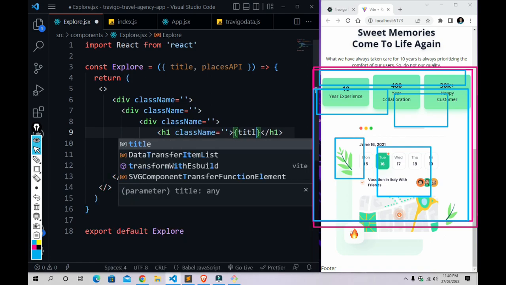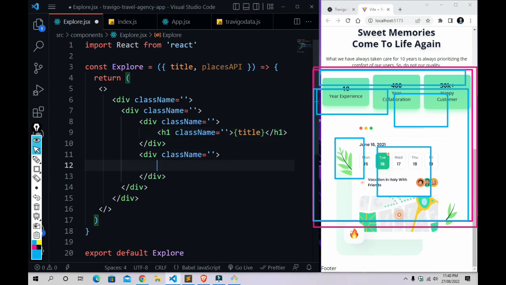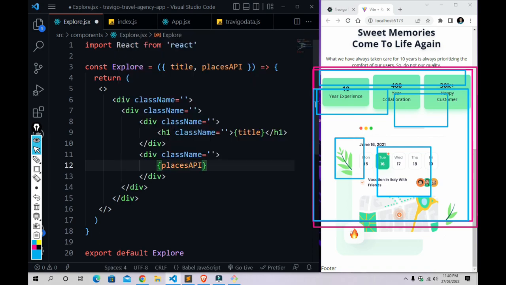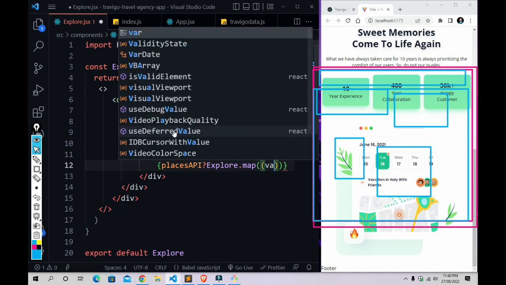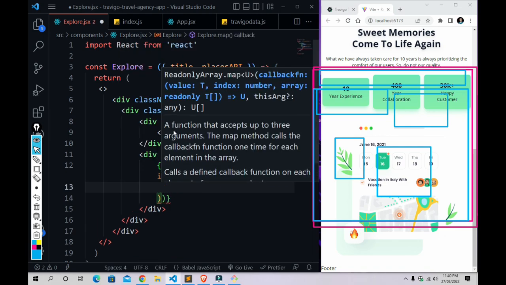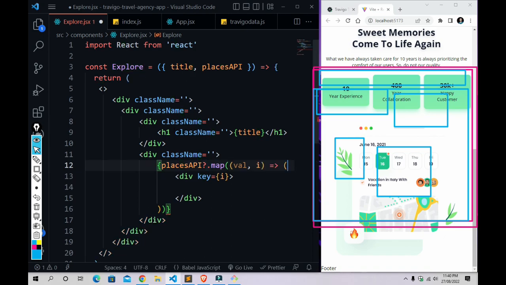Now replace the title object. Okay, and in this grid div let's loop through this places API. If it exists, then map this API with index. Okay, great. There we have a div with a unique key index, and remove this explorer. Okay,